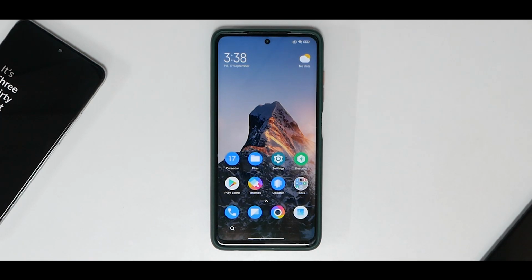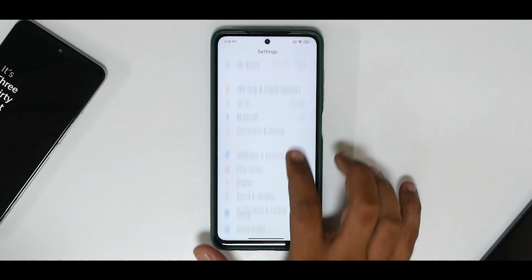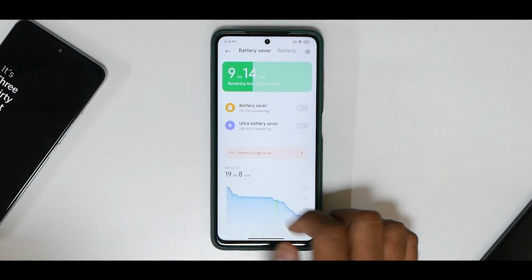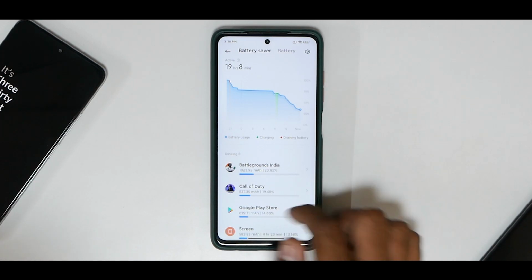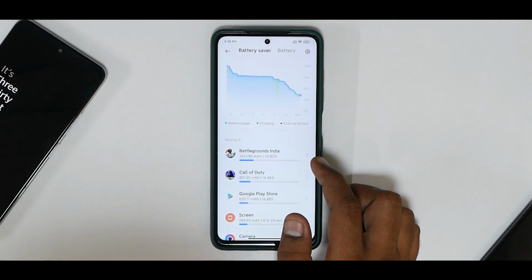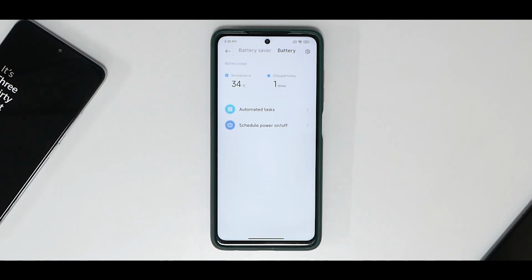In the initial impressions, the charging speed, the battery backup, let's have a look at the battery backup here real quick. Let's go to battery over here. 19 hours and 8 minutes. This green line you see was just connected to USB. I did play Call of Duty BGMI, so the gaming review is coming. Stay tuned for that. The screen on time has been 4 hours and 23 minutes and we still have 34% battery. Now remember, this bad boy comes with a 5000 milliampere cell,